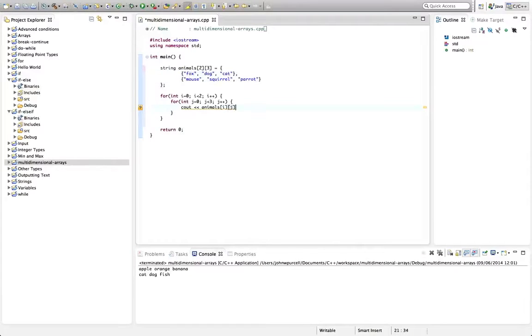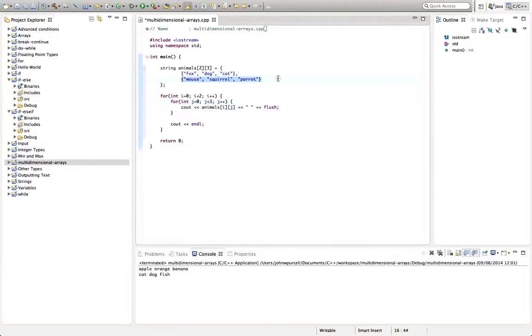So here we're going to put J. And now I'm going to output flush there. And let's have a space after that as well to separate the individual elements, like that. And I'm going to put the new line after this inner for loop, but within the outer for loop. Let's just have a new line, cout endl, because that will mean that every time we iterate through one of these arrays,